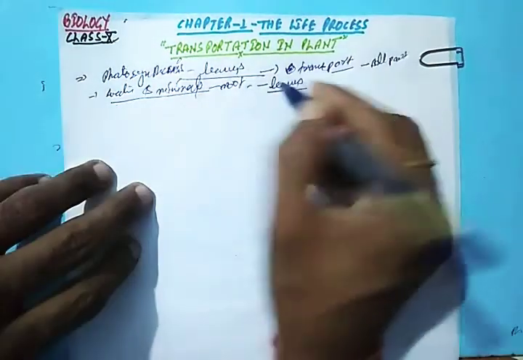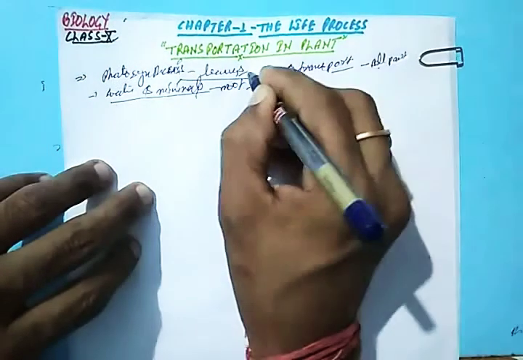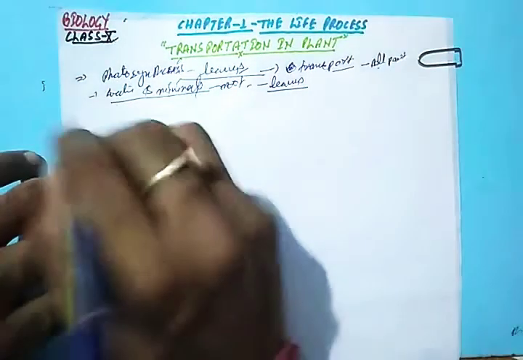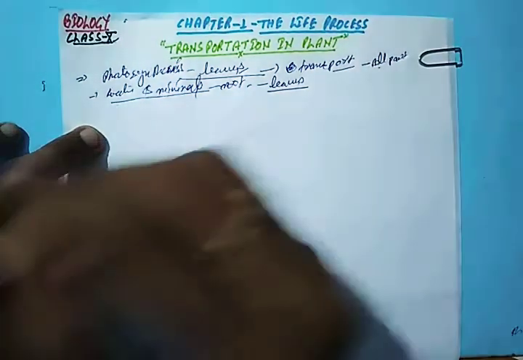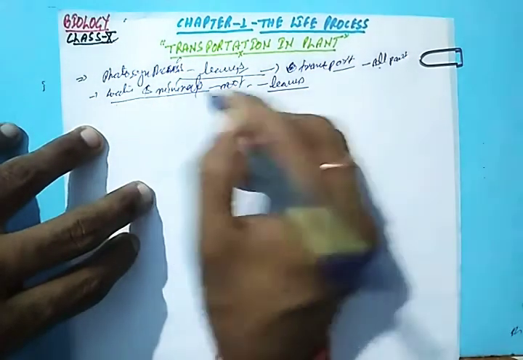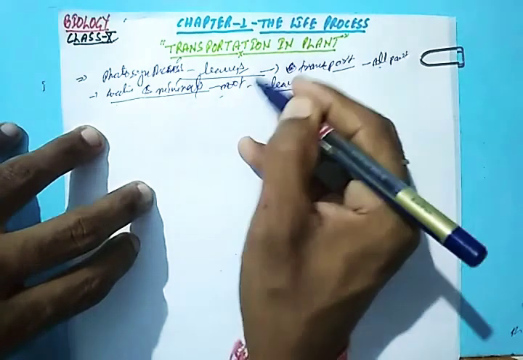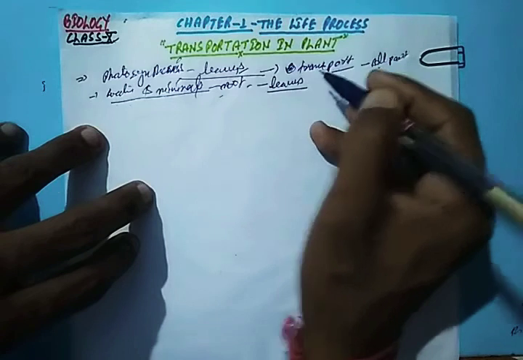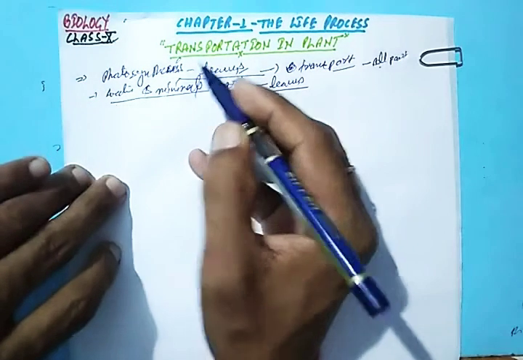So what is the process of transportation of food material from the leaves to all parts of the plant, and what is the other method of transporting water and minerals, which are absorbed by the roots and transported into leaves and other parts of the plant? Okay, so